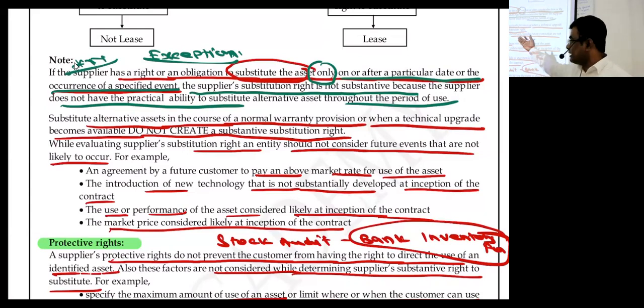That's it, if the exception applies then no. Substantive rights to substitute is not there. Then all these are a lease. So this substantive right is not there; that is not a substantive right. Are you getting connected with me? Okay, that's what we are trying as an example. Understood. From the point of example, any case study that comes from this, you should treat as a lease only, because you don't have a substantive right.